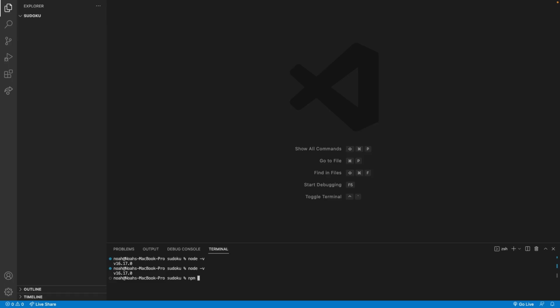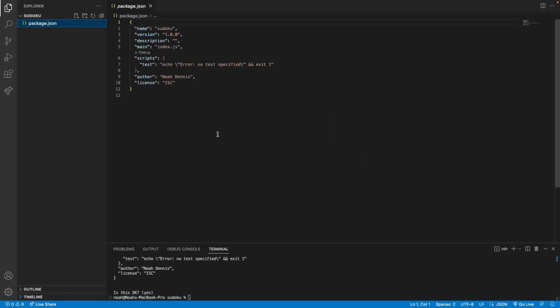So first you want to do npm init. Then this is going to set up our package.json file. So I'm going to keep the package name the same, Sudoku, the version's fine, description I don't want, entry point is fine, test command I don't need, git repository I don't need, keywords I don't need, author you can put in if you want, I will, and license, that's fine as well. So now if we look in our package.json, you can see we've got this